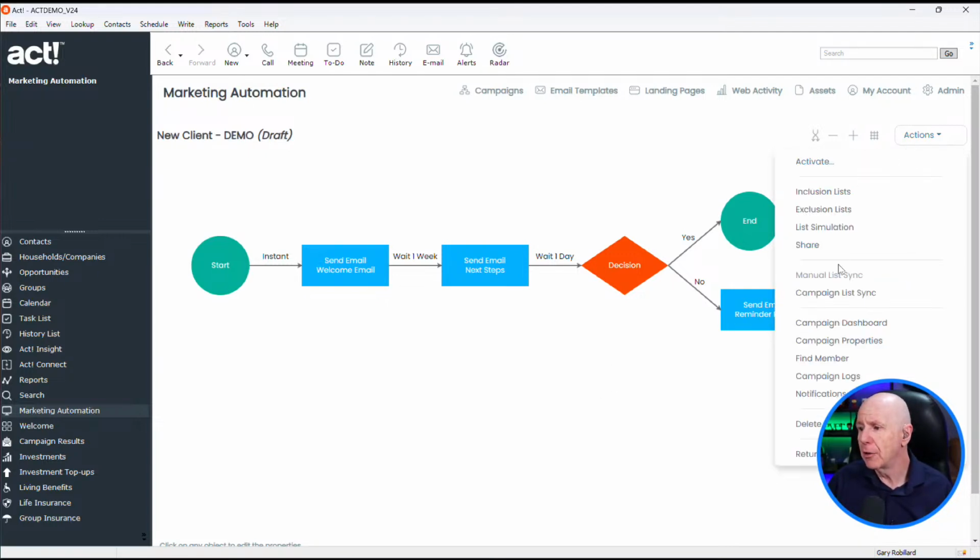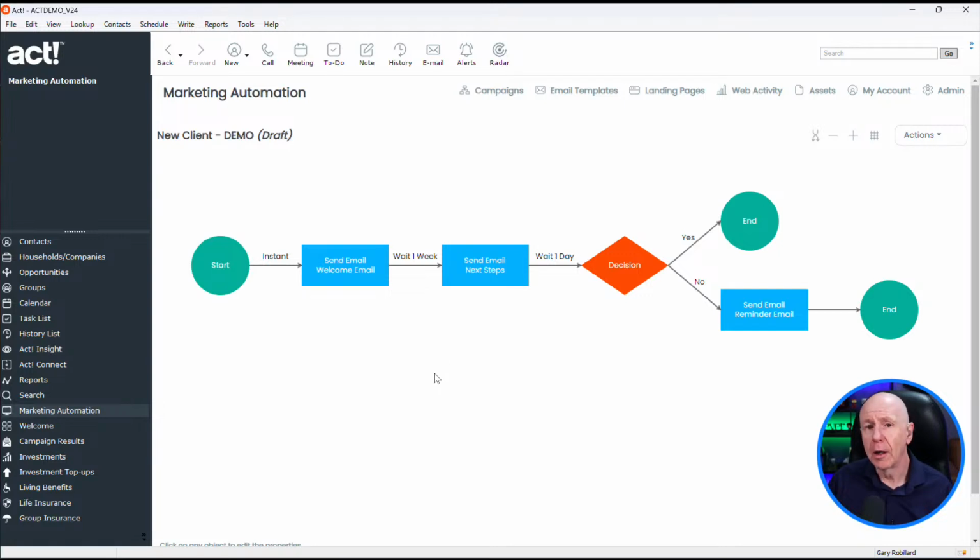And that campaign list sync too could be used as a newsletter component, so that if somebody signs up for your newsletter, they come online, and that kind of brings me into landing pages. They come onto your website and they use one of the landing pages that populates into ACT. Then what it'll do is it'll come in, it'll check that each day, and then they will get the newsletters right from the beginning, or you can have it just go from that particular day, depending upon what your strategy is. But these are a couple of the new features for the select version of ACT.